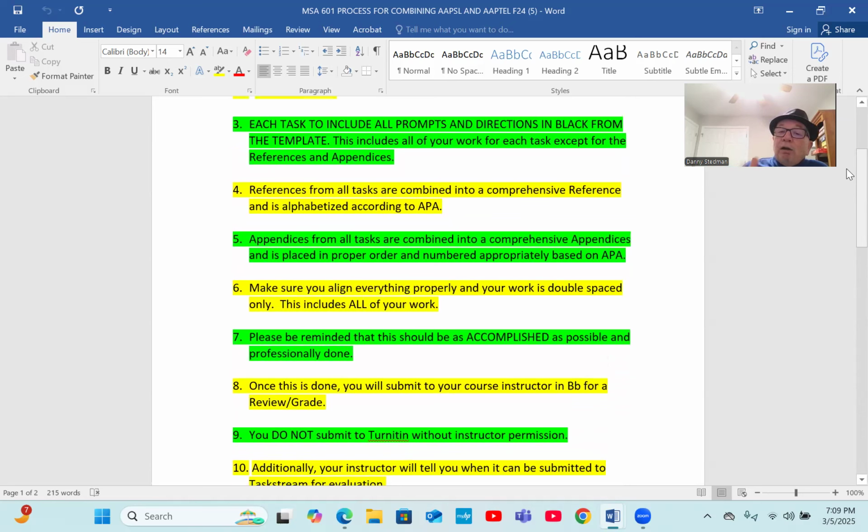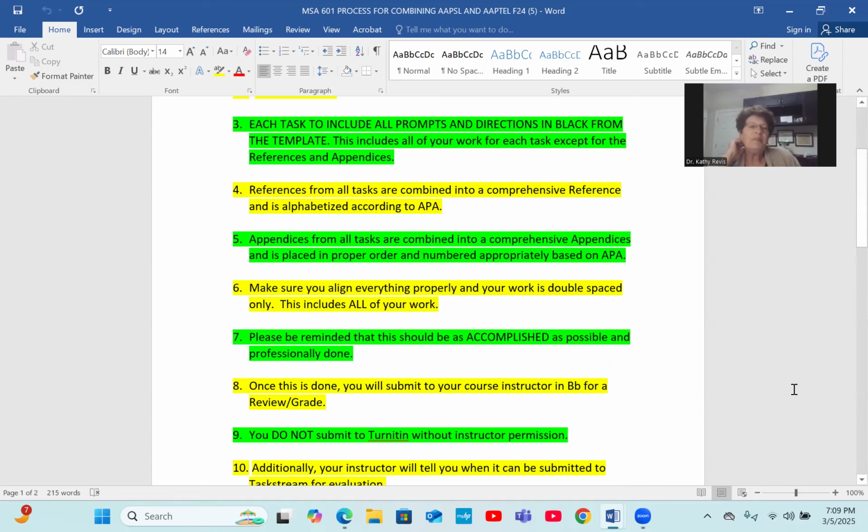You combine all of your reference sections into one comprehensive reference section at the end, and the same thing with your appendices in order. So those are the 2 things that you will extract from each of your tasks, and you will put them into just combined documents at the end in the same order that you did it with the task.